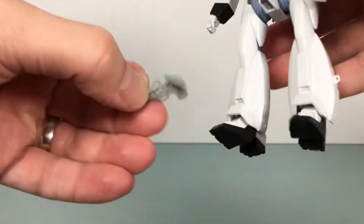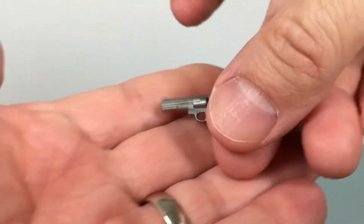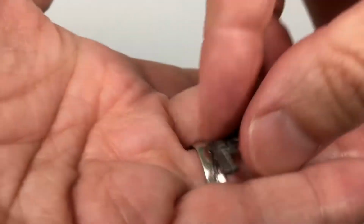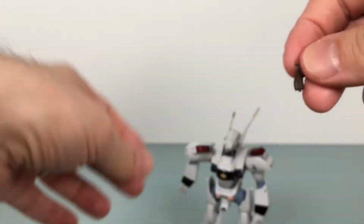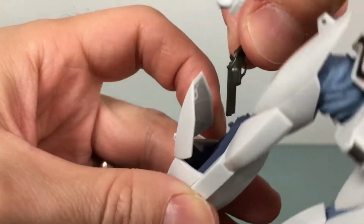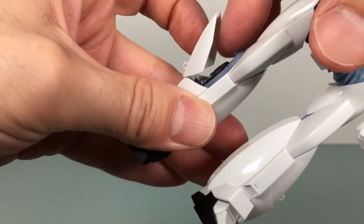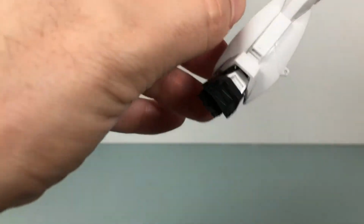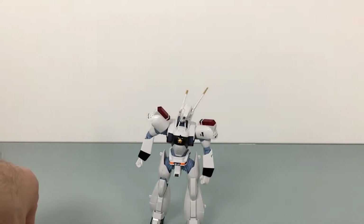Then he's got his revolver here, which is actually nicely done. I like it. Really cool sculpt. Paint's decent. Got some nice silver gunmetal paint, a little brown at the hilt there. And you can put it in here. You can holster it right down here on his leg. And it just kind of saddles it there. That's nice. And if you know the show, a little gimmick that this dude has is